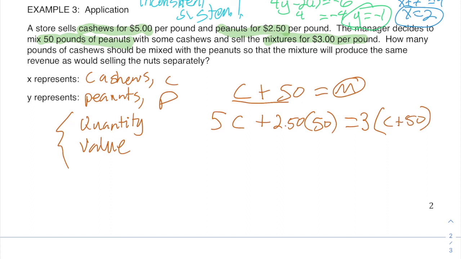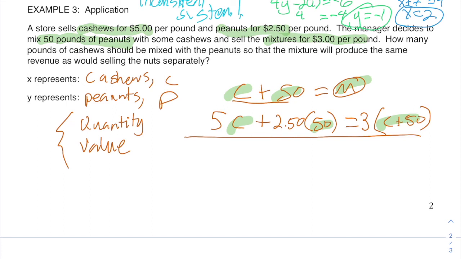So notice how everything kind of lines up, this with this, 50 with 50, cashews with cashews. All right, so now that we have it lined up, we're going to go ahead and solve this, and notice in this bottom equation, there's only one unknown. So I could find the number of cashews